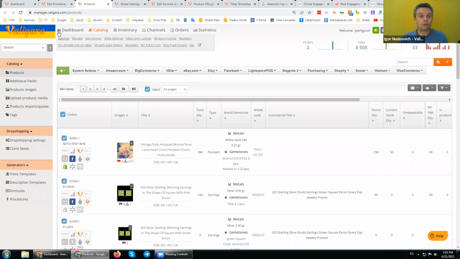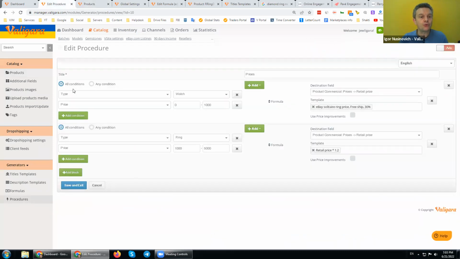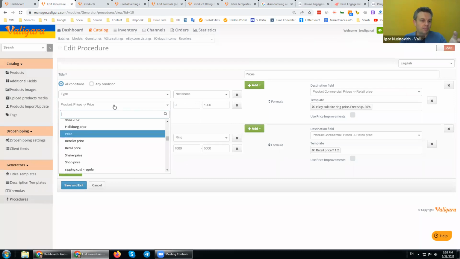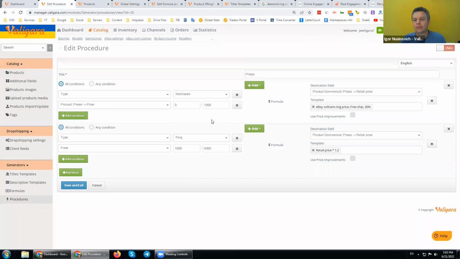For this, we will use conditions in the procedure. The condition says, let's say the type of the product is anklet. I don't know why. Okay, necklace. And the price of this item, the product price or the base price, is between $1 and $1,000.